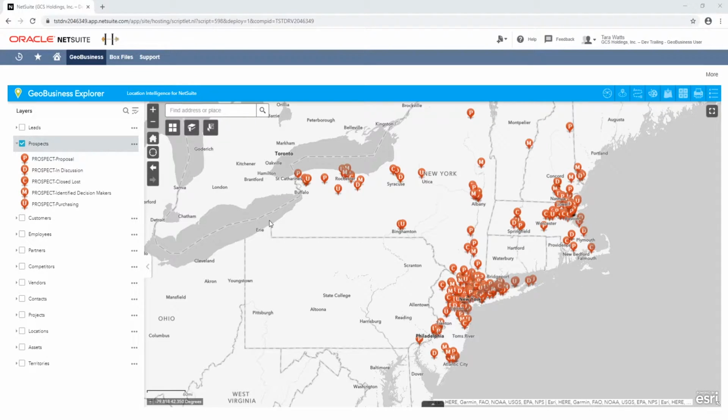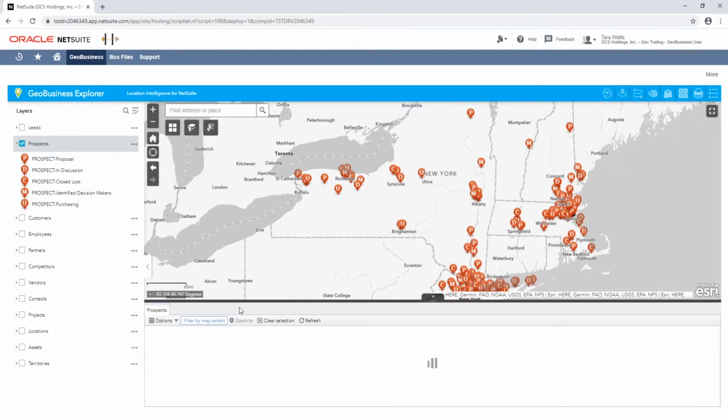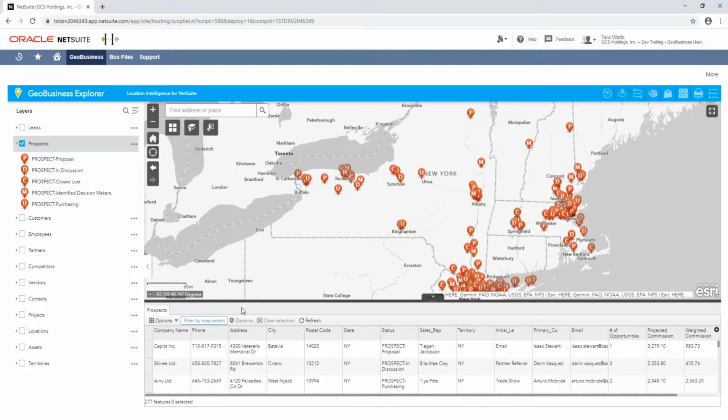So, after selecting prospects, I want to narrow the field even further to include only prospects of a certain status. In this case, I'm interested in seeing only those prospects who are in discussion. Click the ellipsis to the right of prospects in the menu on the left. A pop-up will appear, and then click View an Attribute Table, and that will display the attribute table at the